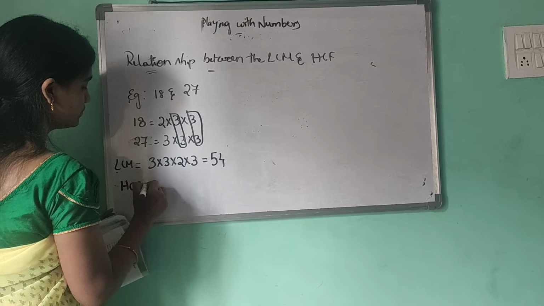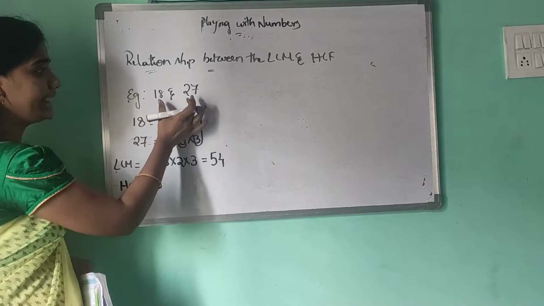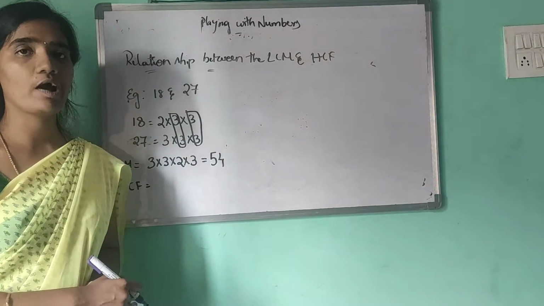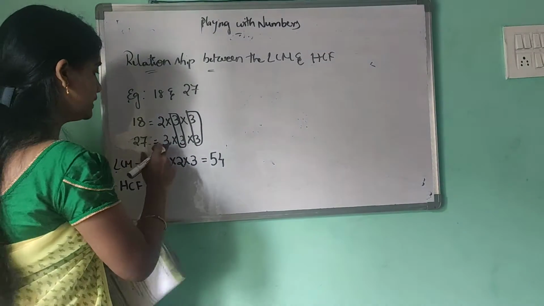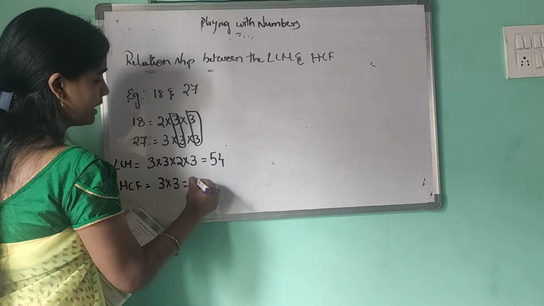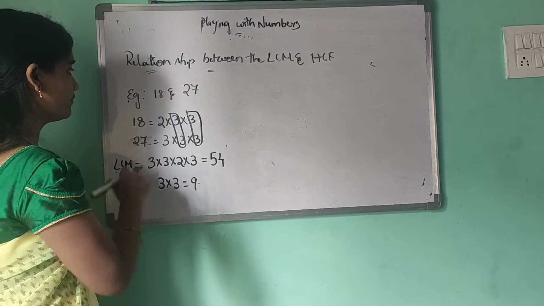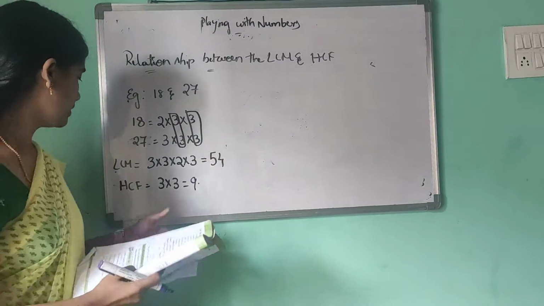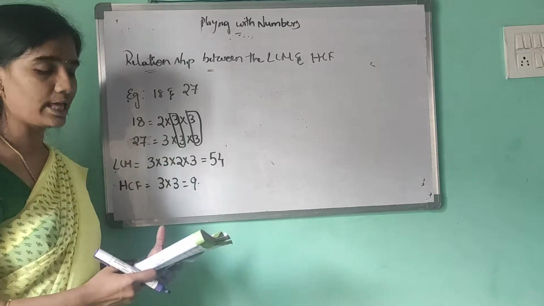HCF of these numbers, 18 and 27. How to find? It is the common factors only. Here we have to take the common factors, 3 into 3, equal to 9. So the HCF of 18 and 27 is equal to 9. So